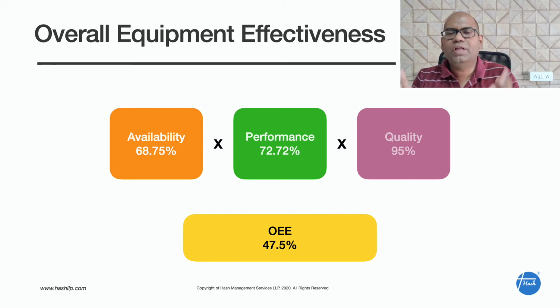So we are utilizing the machine only for 47.5% of the time. There is a big scope for improving this 47.5% to at least 80, 85%. We are not even utilizing the machine for 50%, half the capacity. What is the use of this OEE? Why is it used? By looking at OEE and these parameters, we will be able to come to a conclusion where exactly we have to focus to increase the OEE of the machine, to increase the effectiveness of usage of this particular machine.